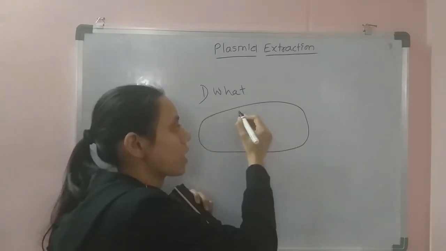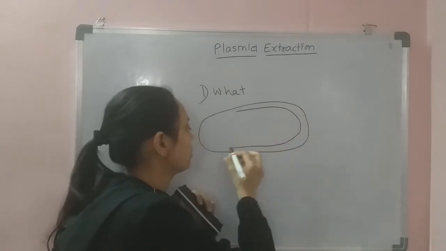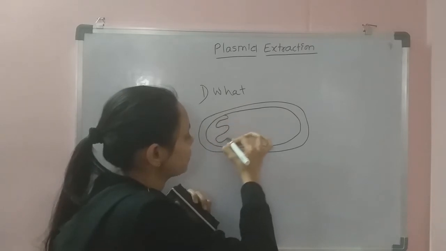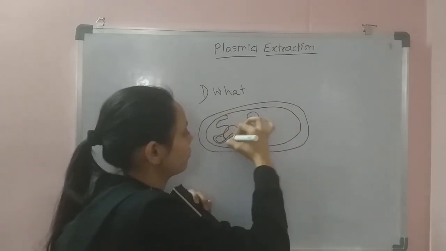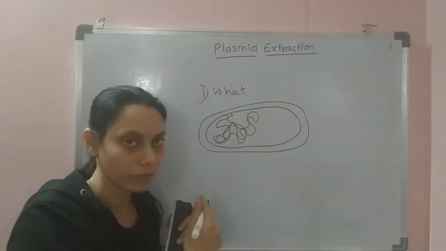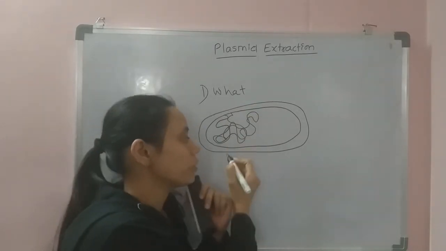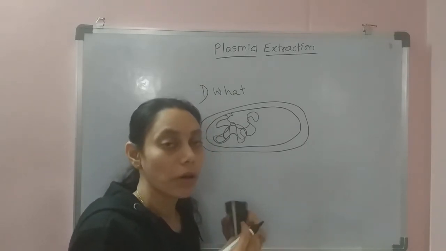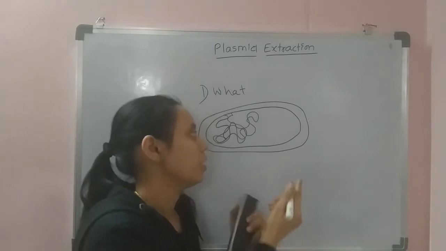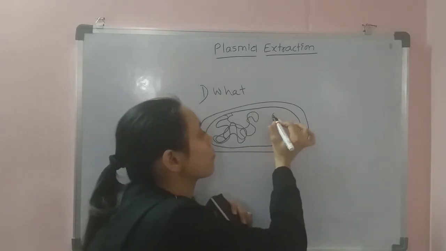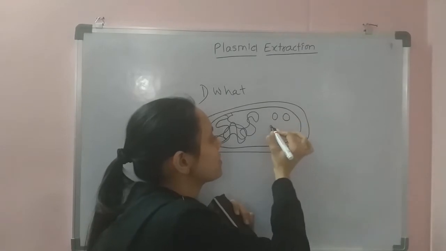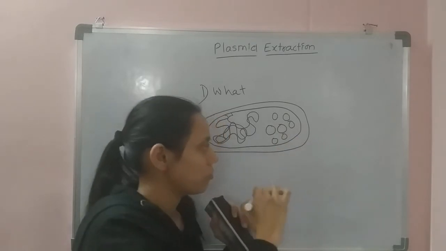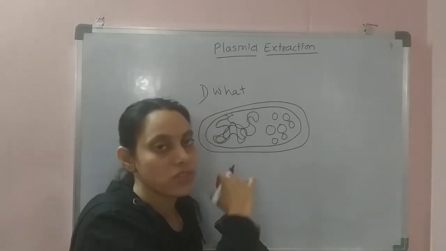The outer cover of the bacteria is known as the cell wall, and underneath there will be a cell membrane. Attached to the cell membrane, there will be genomic DNA, and this genomic DNA has all the genes responsible for the normal survivability of the bacteria. But here there will be small suspended forms of genetic material, that is DNA, that we can also find apart from this genomic DNA.